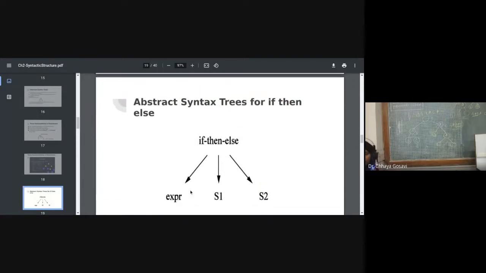Suppose you have to draw an abstract syntax tree for if then else.